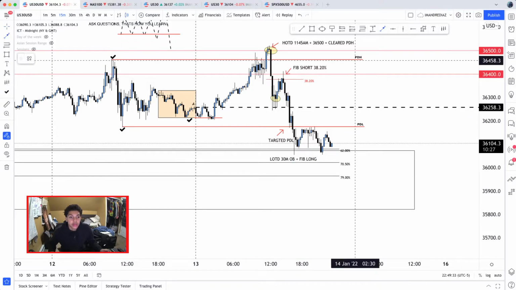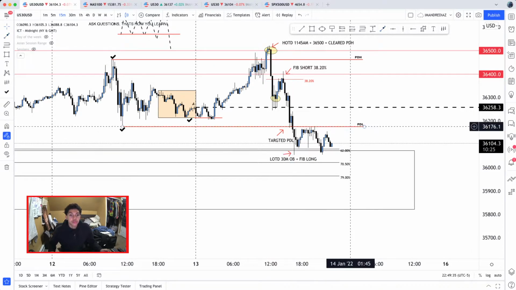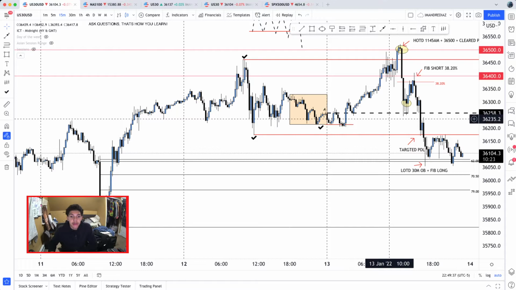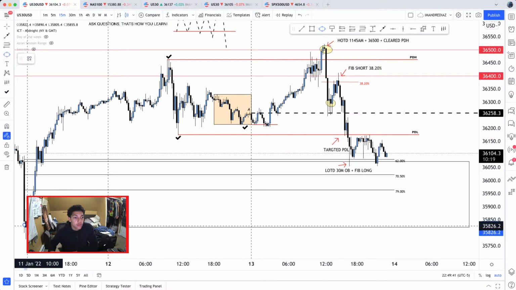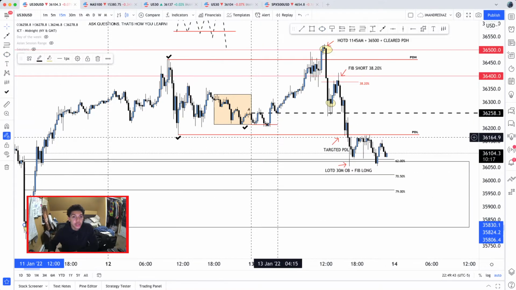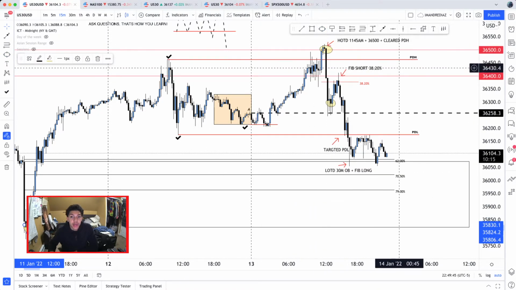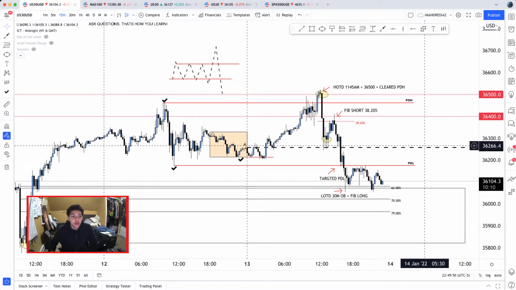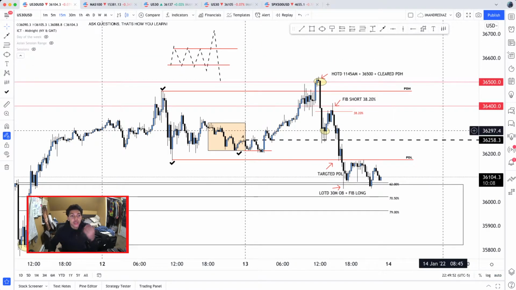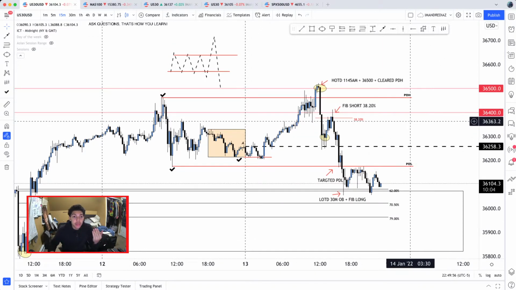So let's have this arrow just so we know what we're talking about. So right there, we have the low of the day after trading into this fib long from this low all the way over here to this high from today that we made the high of the day at 36,500. So overall with US30, today was a pretty bearish day. Overall, the setup that happened was a New York reversal bearish scenario, which is something I did look to take,